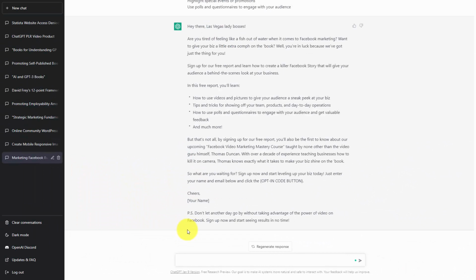So you can use the entire context that you have created inside of the project in order to create an opt-in page, and that's what we have done. Now we don't have to use all of the content for this opt-in page. However, we are off to a good start with the content that